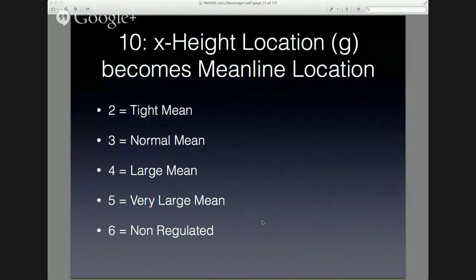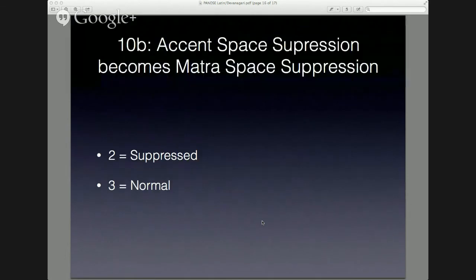Then there's another Meanline Location. So I'm kind of ripping off the x height variable from Latin, because this Meanline is in the middle and really has to do with how compressed the upper third of the font becomes, whether it's tight, normal, large, or very large, or just, I saw some that didn't seem to follow any rules, so that's cool too. We can deal with them. And then last, or almost last,